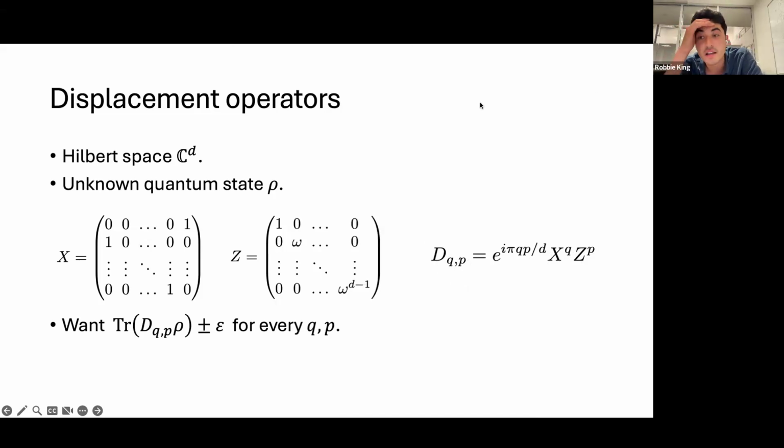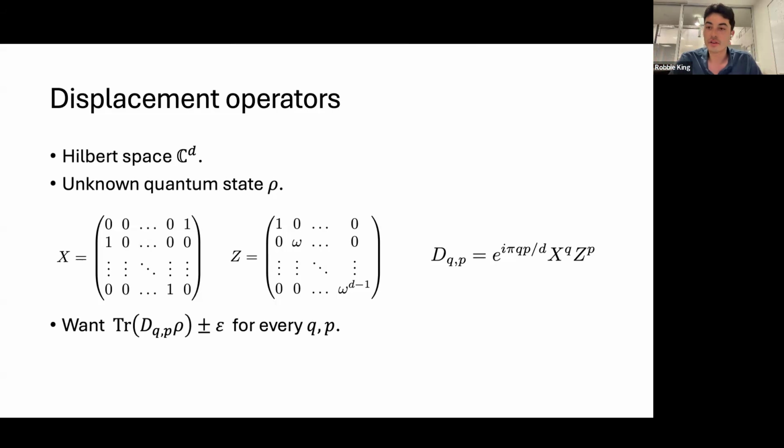And here we're going to think of d as being very large, so exponentially large. So in particular, this is not just a qudit version of the previous result where we have n qudits instead of n qubits. Rather, we have a single qudit, but d is very, very large. And we'll see how this is the natural Hilbert space if you want to consider a bosonic particle like a quantum harmonic oscillator or something. So in that sense, it's a different limit to the previous qubit setting where we had n growing. Here d is the thing that is growing.